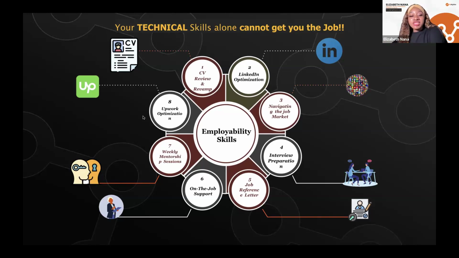And then we have the weekly mentorship sessions, like the name implies. This is mentorship that happens every single week just to get you in the right headspace. And finally,